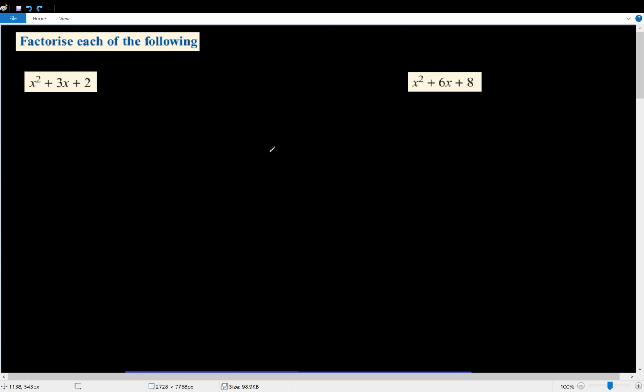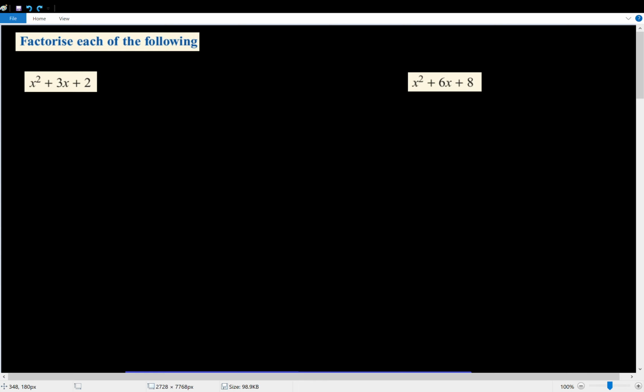In this video, we're going to look at how to factorize a quadratic trinomial by using the guide number method. So, may as well just jump right into it and take a look at the first example, and we'll explain this as I go along. So, in our first example, we have x squared plus 3x plus 2, and we have